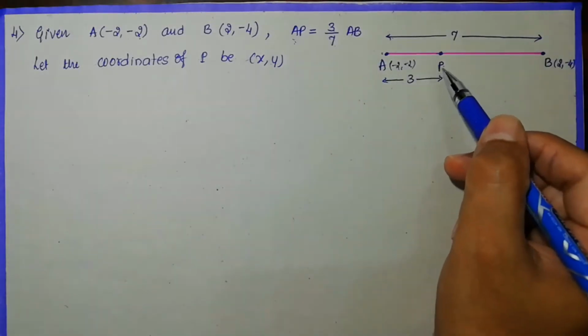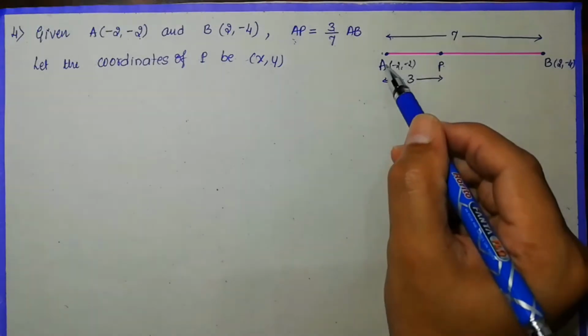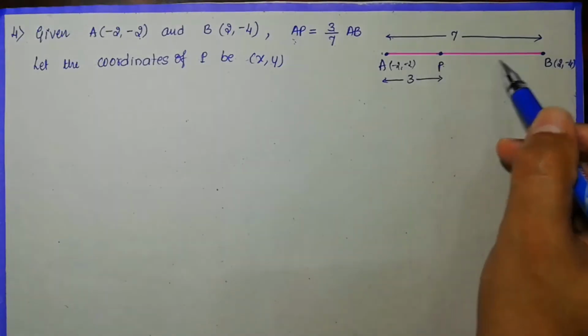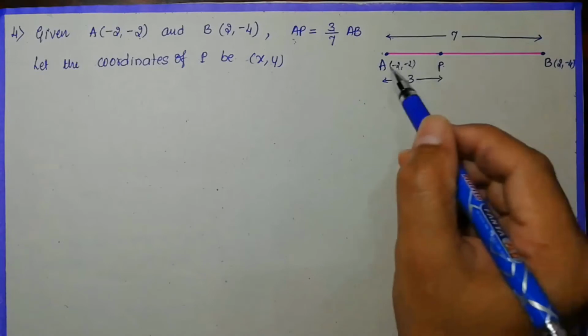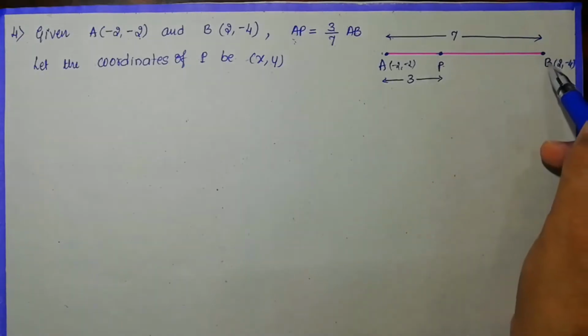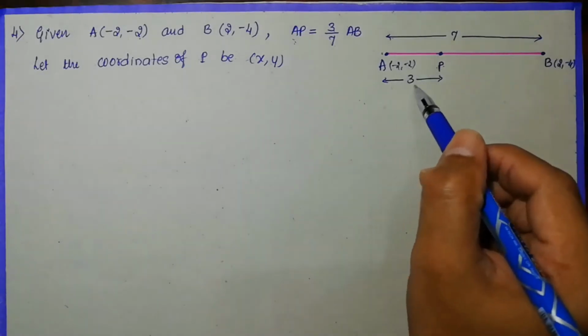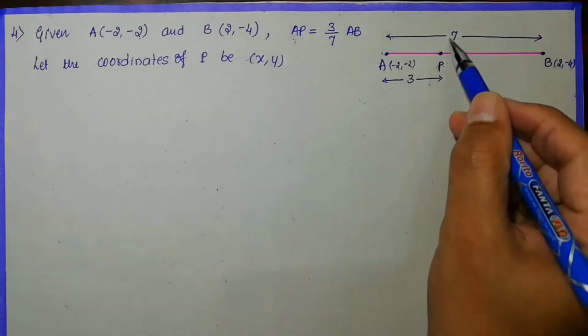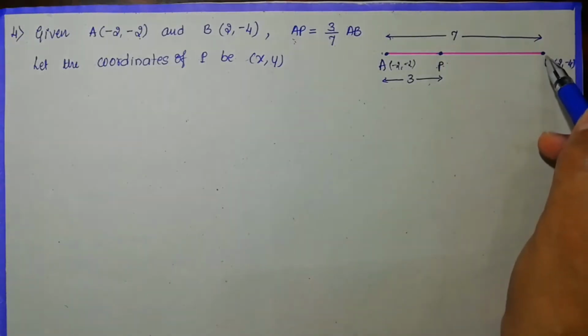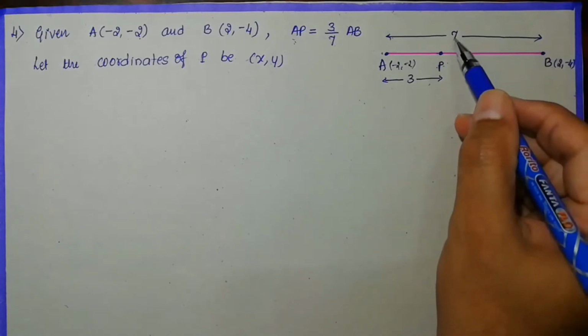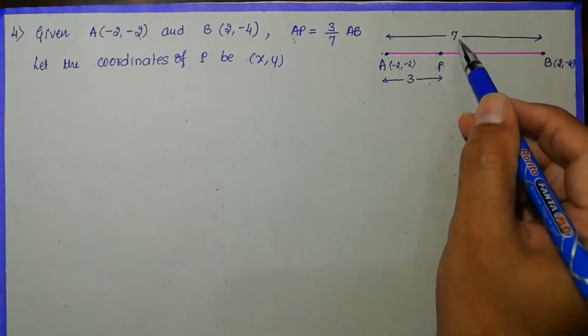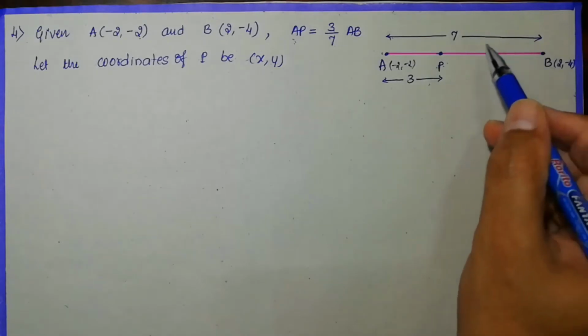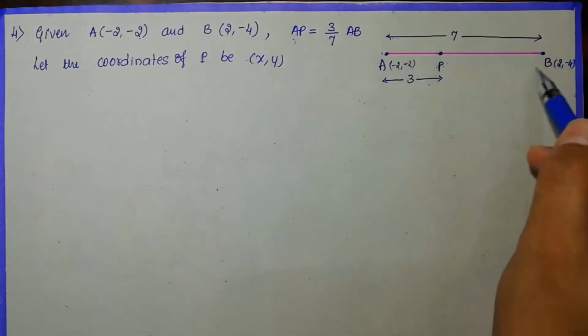So now M1 is to M2 means what? It is actually PA divided by PB. So this is M1 is to M2. Now M1 is very clear to you, 3. Now we have to find out M2. Here it's very easy from the figure. The whole line segment AB is divided into 7, which means we are going to make 7 equal parts of this.